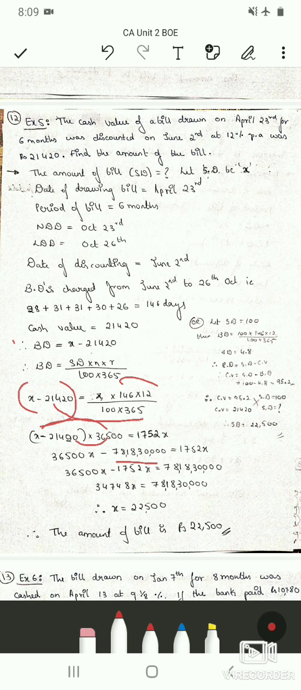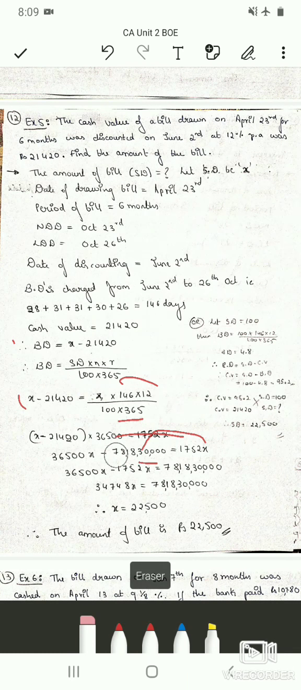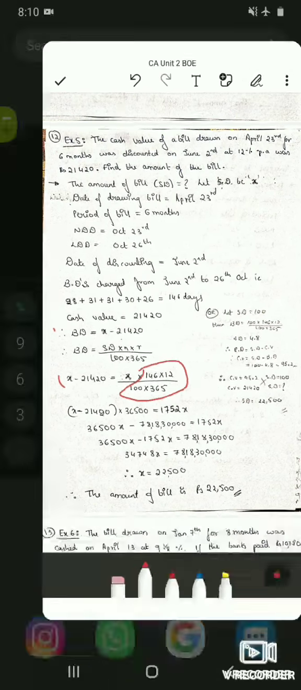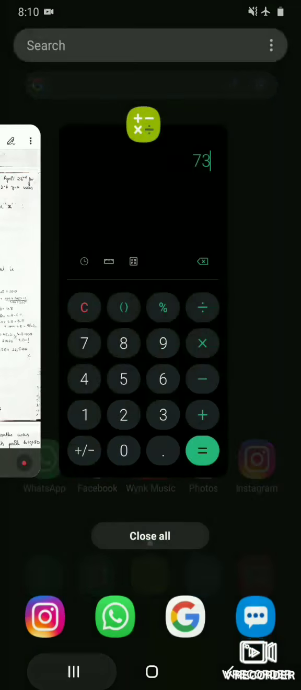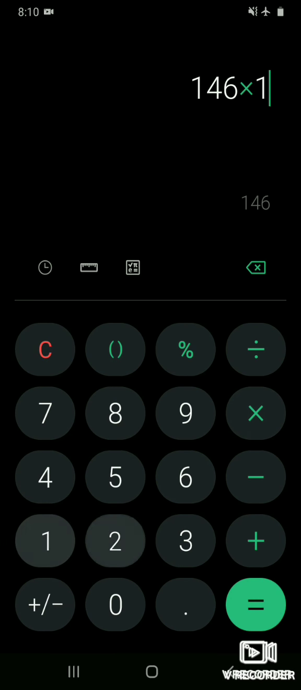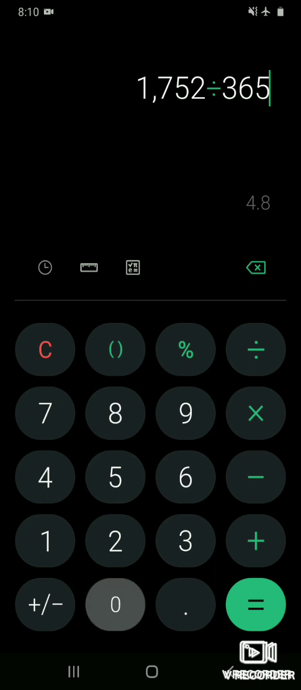So solve for x, then take x terms towards one side and solve for x. X is 22,500. Or else what you can do is, in your calculator simplify this term. So it is x minus 21,420 equal to, so let me see, so what is that, 146 into 12 divided by 36,500, so it is